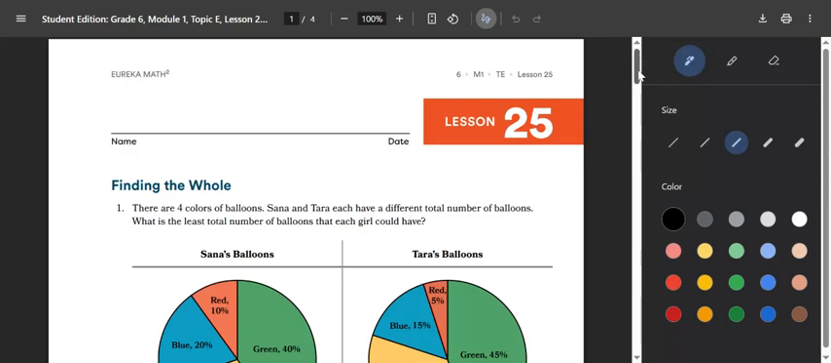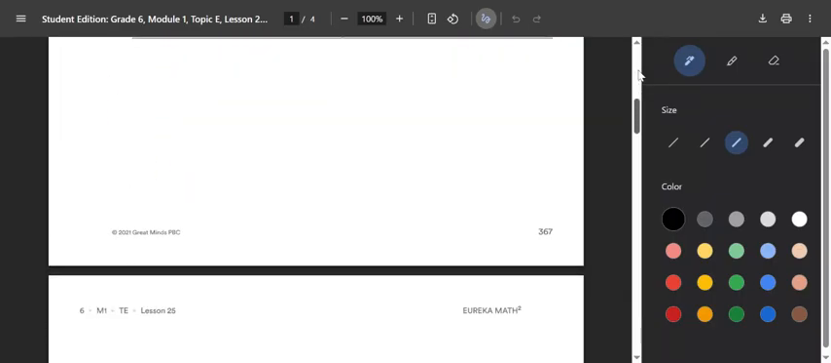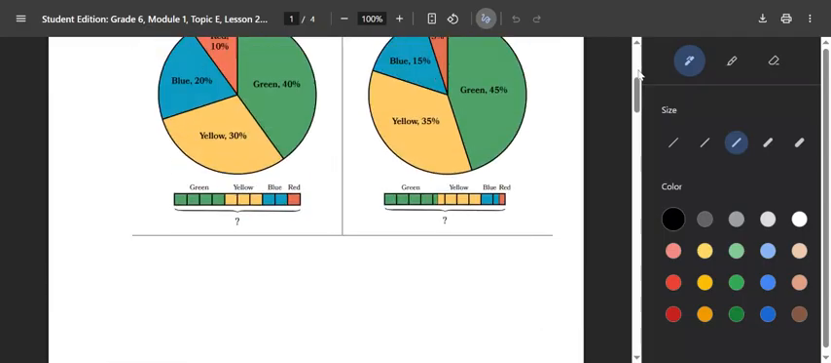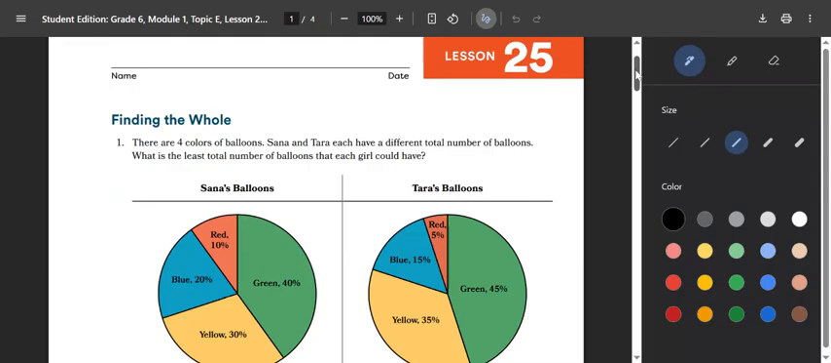This video is about Lesson 25. Lesson 25 is on page 367. Open up your workbooks to page 367. Today we're going to be, once again, doing percent, but this time we're going to be finding the whole in